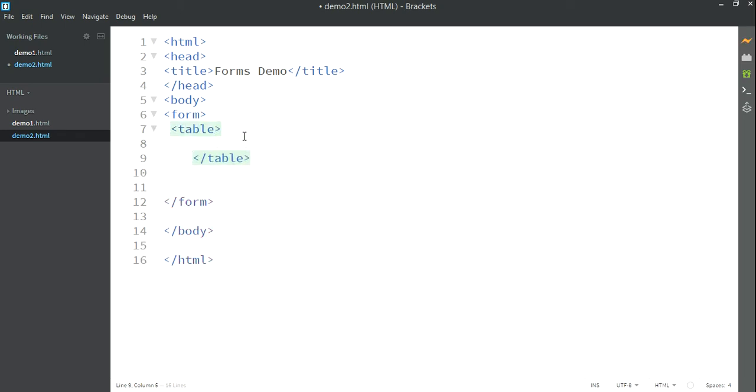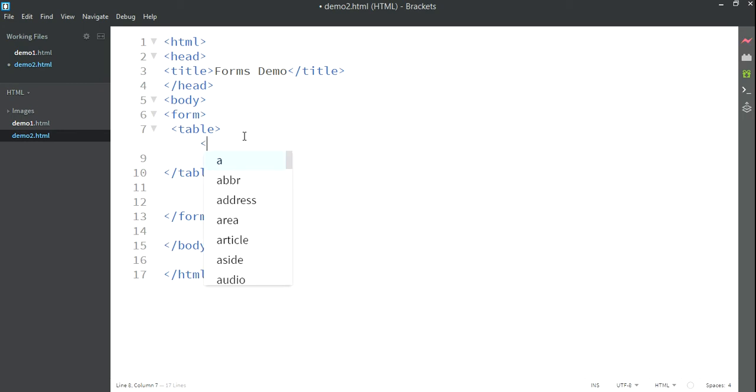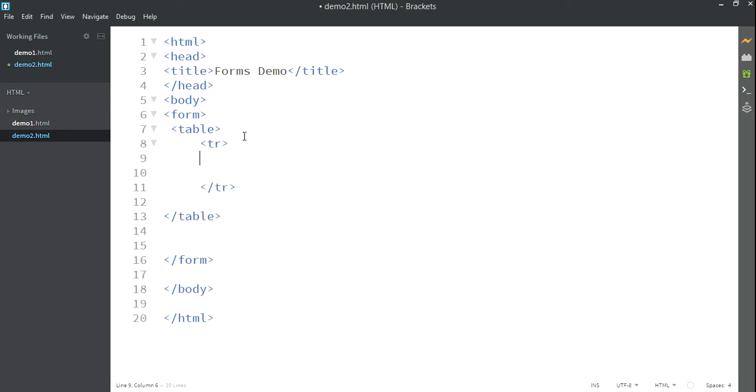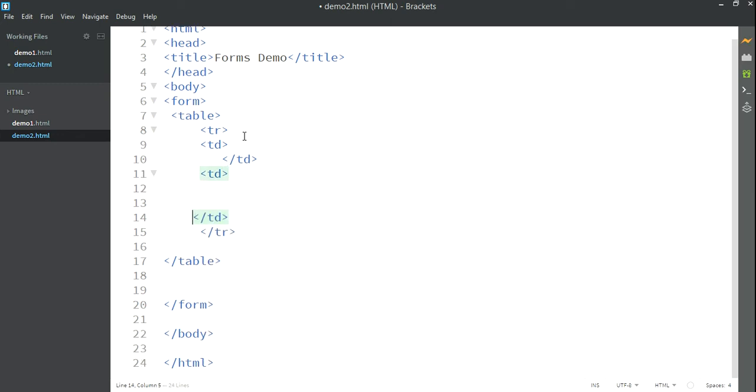So simple, I will add a table tag, inside it my first row, inside it the first column, and after this the second column. First of all I want to start with the first name. I want to accept the first name from the user. Now you are aware of the table tag, tr tag, td tag. So the first td will be my first column, the second td is my second column, because I want to arrange the label and the input field in a single row with two columns.